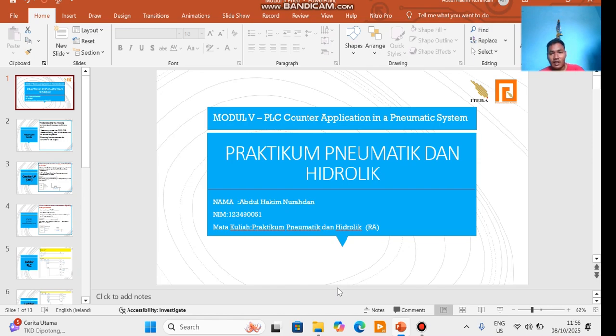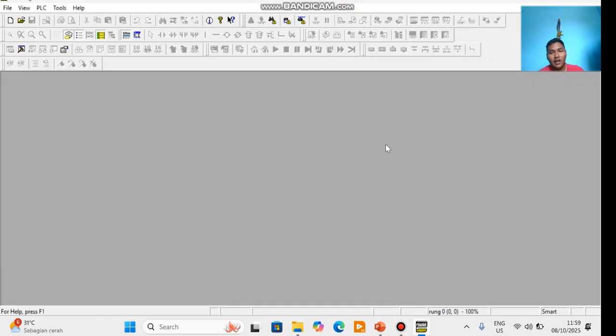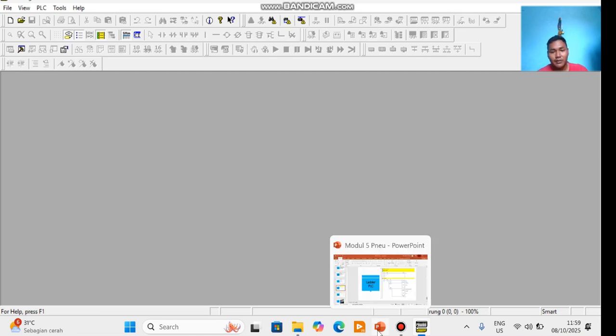Next, I will make a ladder diagram using the GX programmer software, for CNT and CNTR in module 5.